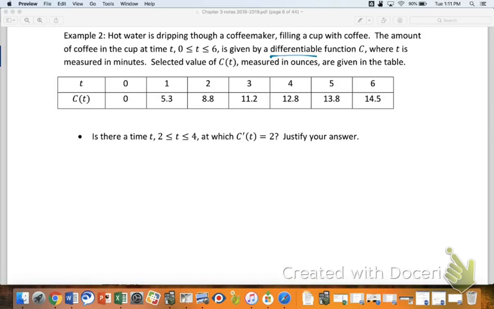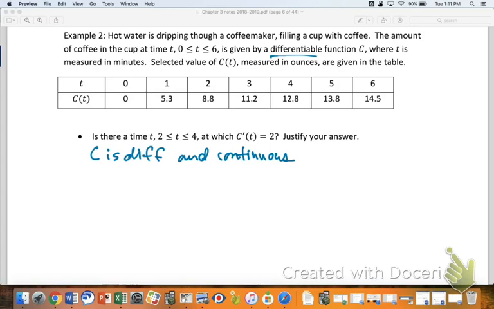So seeing if you were tracking with me, right? Given by a differentiable function C. Guys, can I give you a universal hint? If you see somewhere where they say there's this differentiable function, here's what you really ought to do. You need to come down here and say C is differentiable and continuous. I really think you should just be on autopilot at that point and say, hey, you told me that C was differentiable. That may or may not be important. Just in case it is important, I'm going to write down that C is differentiable and continuous because differentiability implies